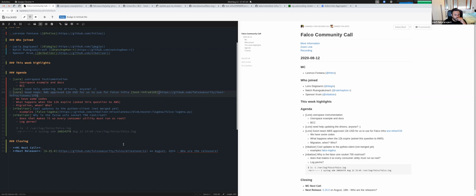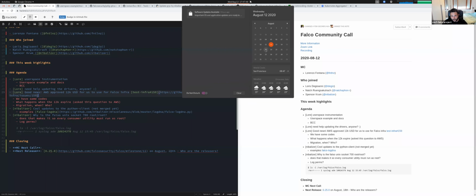Okay, so if we don't have anything else, I will just wrap up and talk about the release. We have a release next week, and I'm probably going to be the only maintainer available because everyone else, after coming back from vacation, is going to the beach for KubeCon. So the release is scheduled for the 18th. I mean, it could be the 17th, the 18th, or the 19th. It's flexible, but probably the 18th.